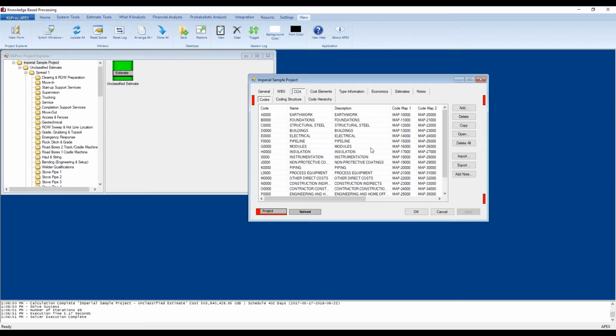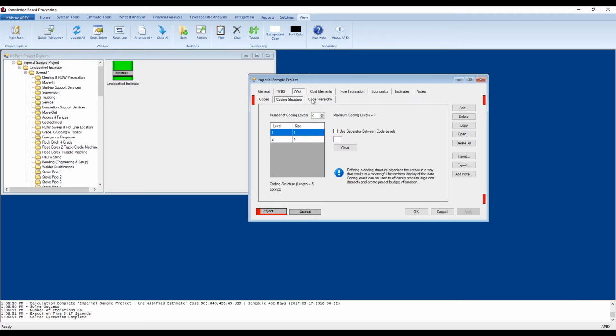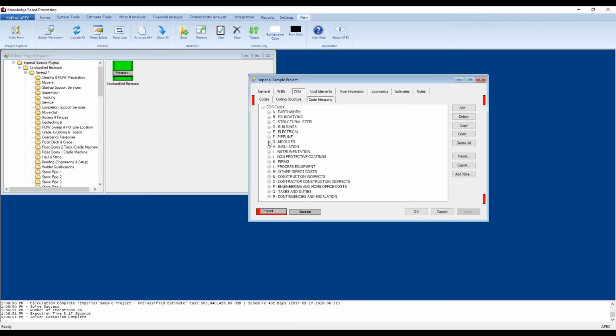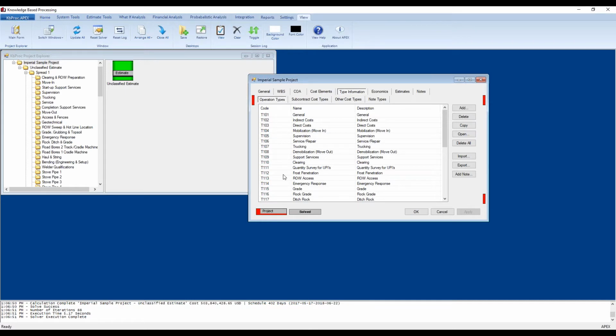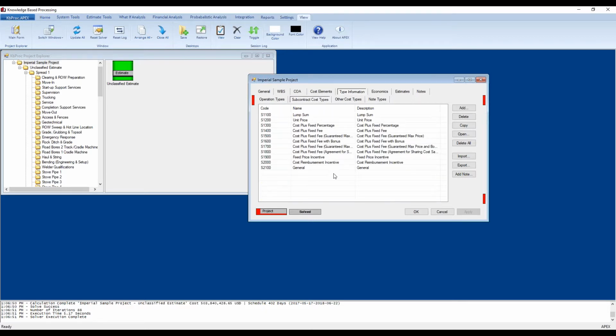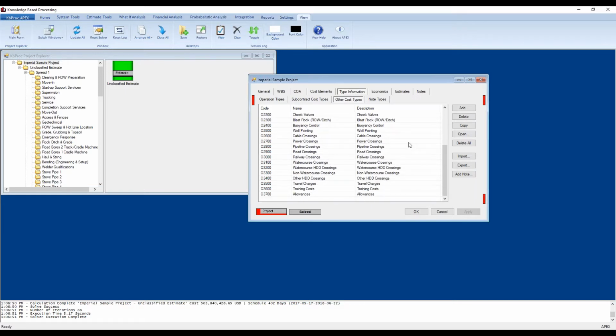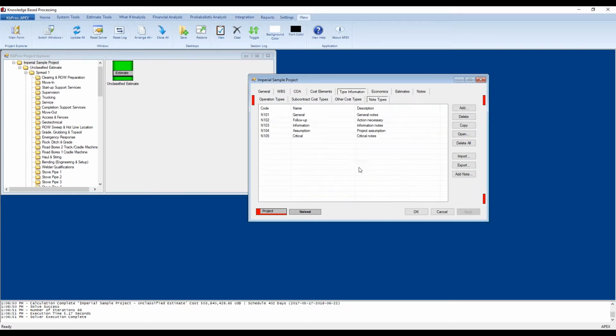Code of accounts information can be imported from your company code of accounts, so you have the codes, coding structure, and coding hierarchy. The cost elements that we'll be looking at are labor, material, equipment, subcontract, other, and distributed costs. And the type of information is there's operations types, subcontract cost types, other cost types, and any notes that you might want to be included as part of this Imperial Sample Project